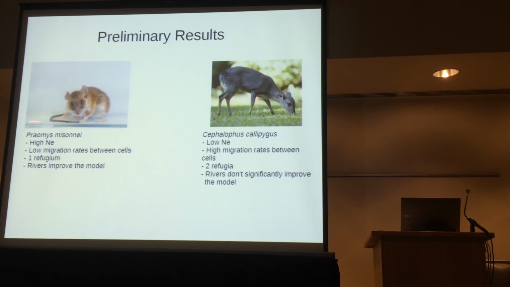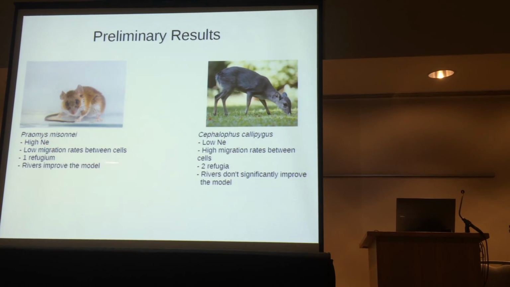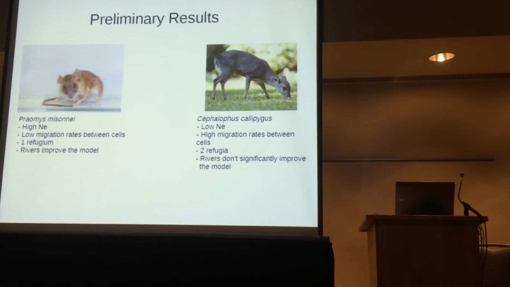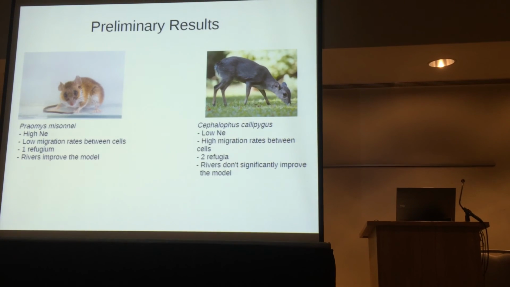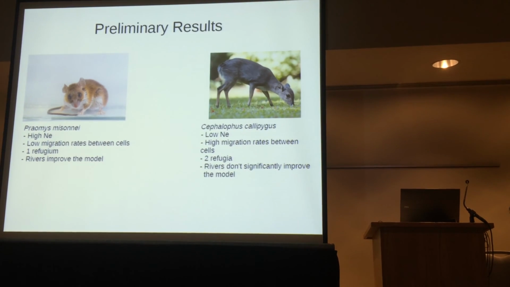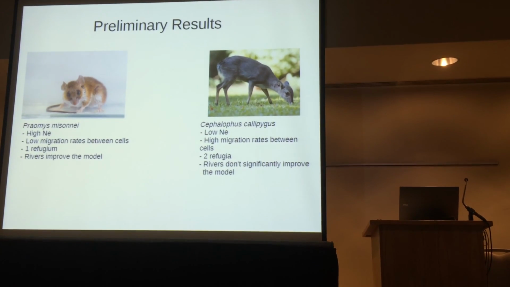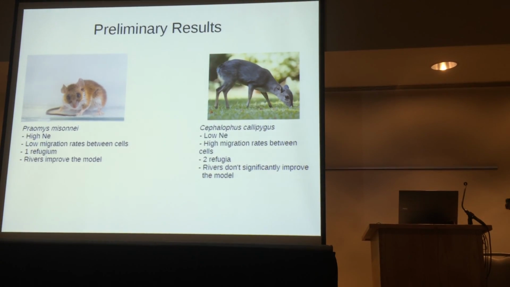Also, the mice have comparatively a high effective population size, where they have a higher population density and lower migration rates. So this convinces us that our model is working. And we're going on to compare the real data from other